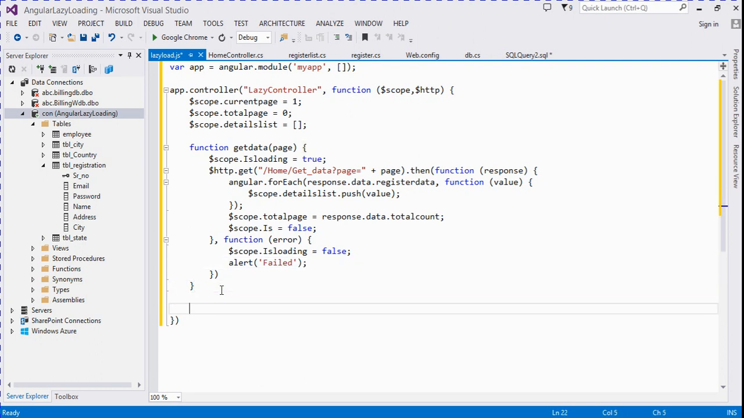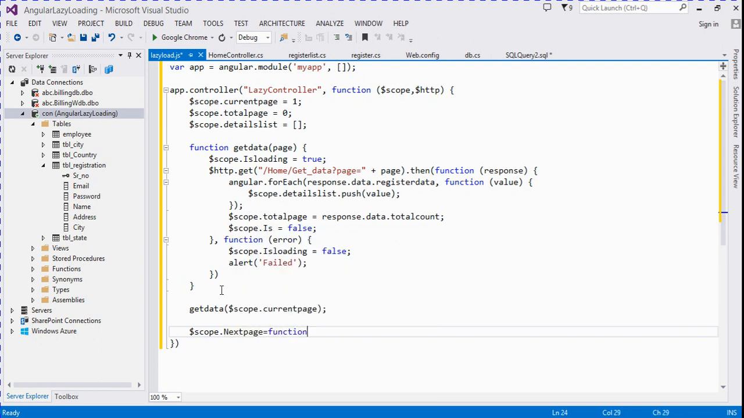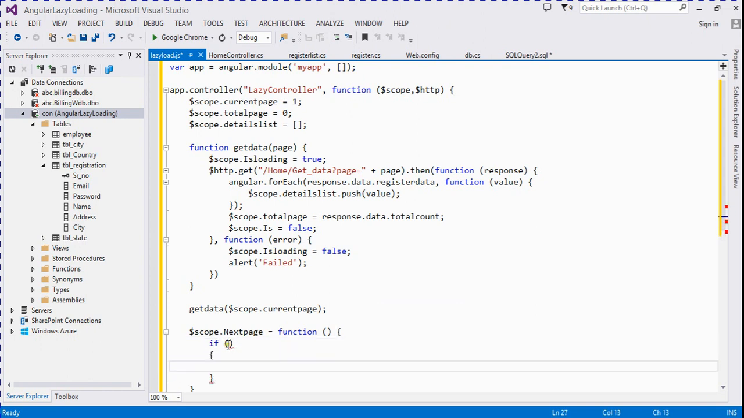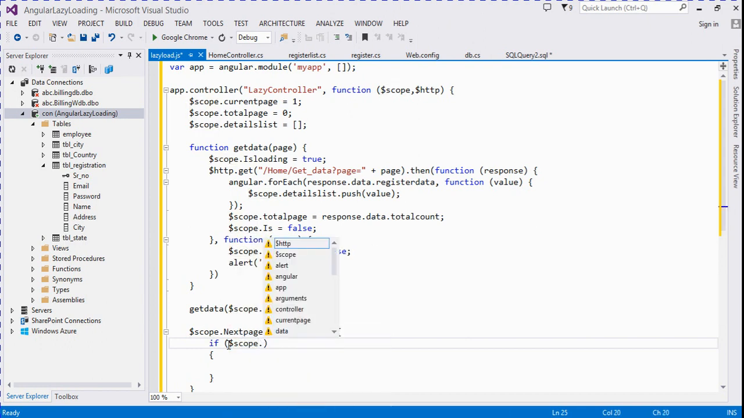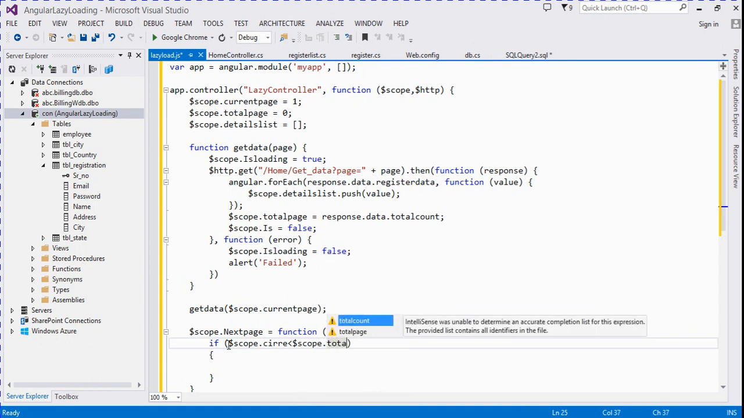Now we call this function on page load. It's get data, and here we pass scope dot current page. Now we create one more function for next page is equal to function, if $scope dot current page is greater than scope dot total page,